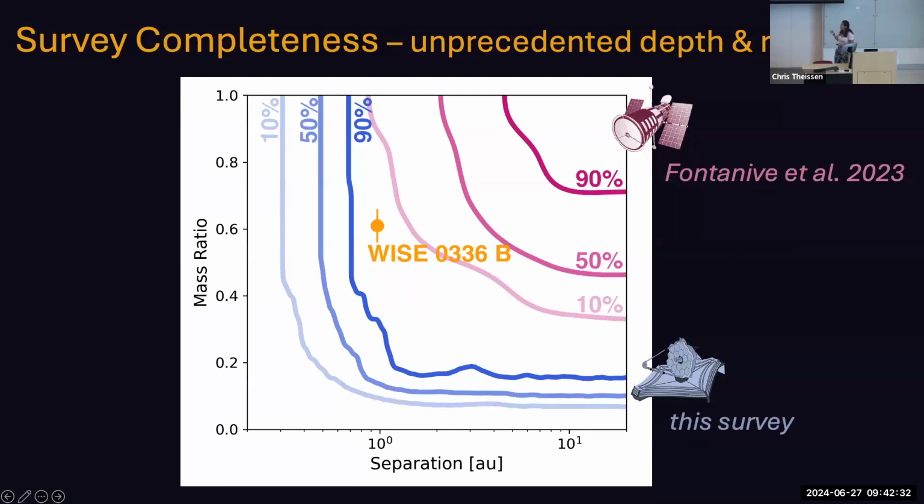So we're really probing a completely new region of the parameter space with Webb that was completely inaccessible before for these sort of objects. And then the companion that we found, which is in yellow over here, is not part of this HST program, but it does have similar HST data that we looked at and in which we couldn't recover the companion, which is not surprising when you see its location in this plot. So we really needed Webb to be able to make this discovery.